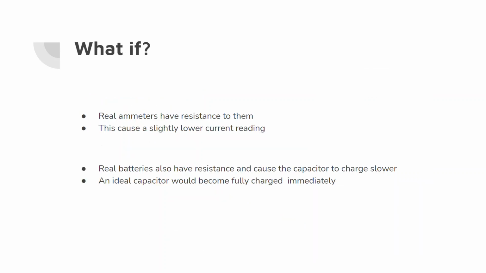Now, what if I used a real ammeter? If I use a real one, they have resistance to them because it's real metal on metal, and this will cause a slightly lower current reading. And same thing if I used a real battery. They also have resistance to them, and this will cause the capacitor to charge more slowly. An ideal capacitor will become fully charged immediately, but as we know,